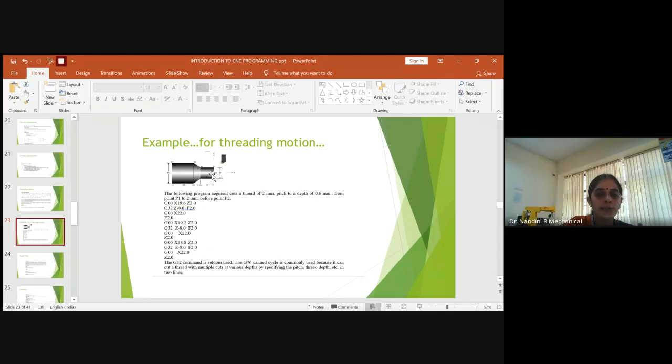So the x-axis is moving from top towards down until the required thread cutting operation is done on both the surfaces of the given part. So this is basically for G32. You will clearly understand when you see it in the software: how it operates, how the syntax error comes if you type a wrong dimension, and how abnormal operation takes place in the software if you have not typed the program properly. So all those you can realize. Okay. So now I am making you understand the concept of the syntax.